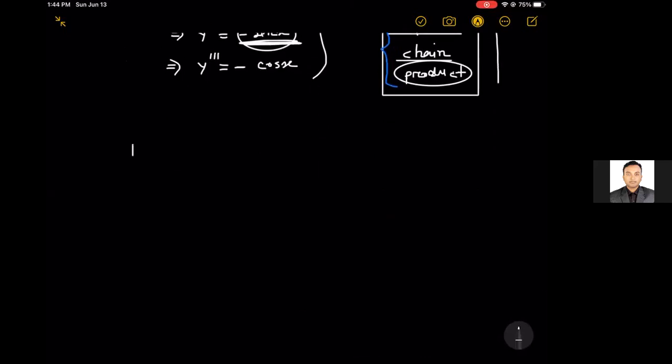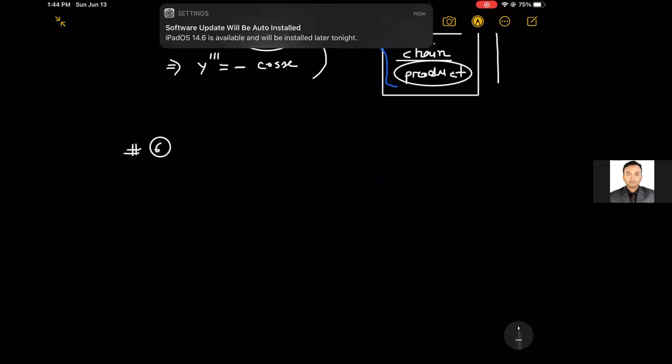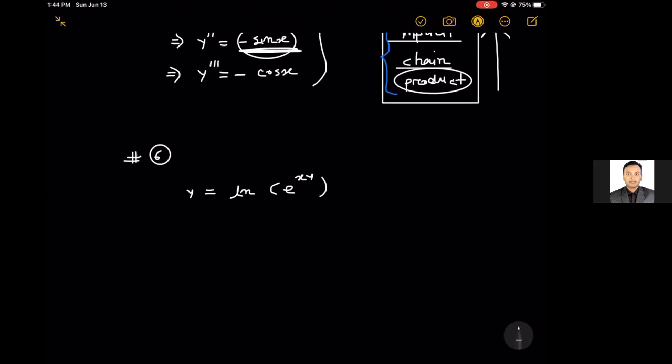Okay, so let's try problem 6. And we can pick, let's say, y equals natural log of e to the xy. Okay, let's see. I hope this will require all the 3 things we need to do. All right,